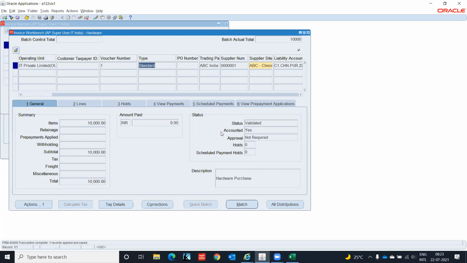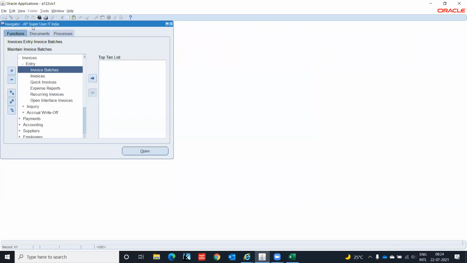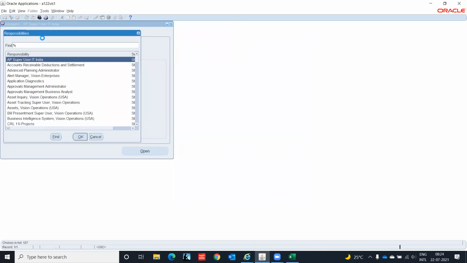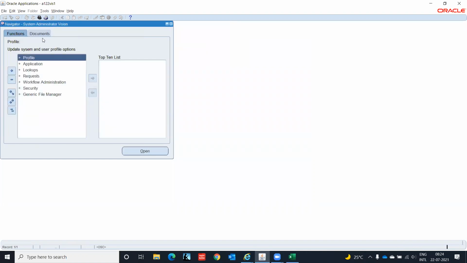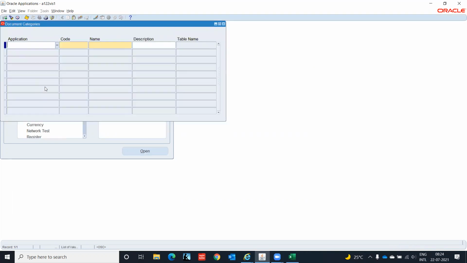So to proceed with the GL level, you need to check the sequence assignment. So we change our responsibility to system admin, applications, sequential numbering, and the categories.